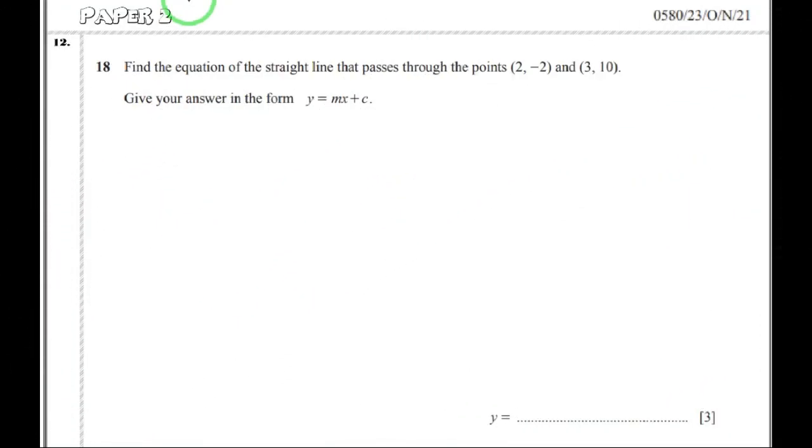Question 12 in our according, question 18 in October-November 21, variant 3. Find the equation of the straight line that passes through the 2 points and give your answer y equals mx plus c. To find the equation y equals mx plus c, we have to find the value of m and